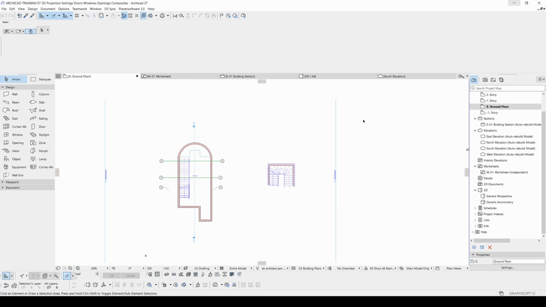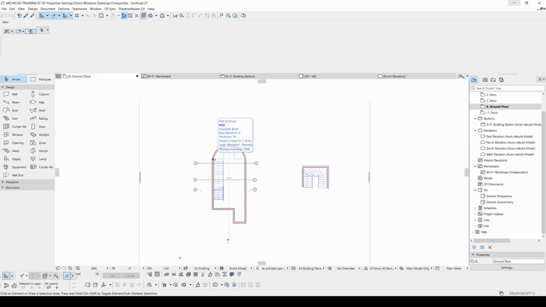And today we are going to learn how to create doors, windows, openings and composites. And I will show you the 3D projection settings. Alright, let's get started. If you want to go to the 3D window in ARCHICAD, you can hit the F3